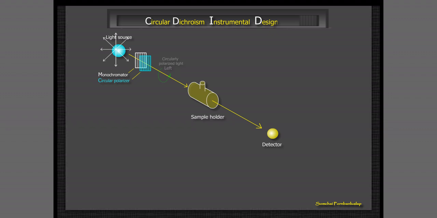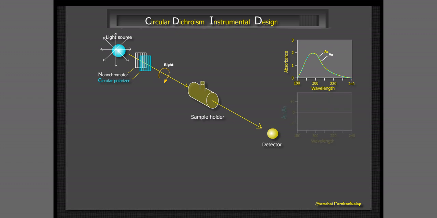Therefore, when left circularly polarized light of a defined wavelength passes through a sample and its energy matches the energy gap, electrons in the molecules absorb the energy and are promoted to an excited state. The different wavelengths absorbed by the molecule can be detected and recorded. Similarly, when right circularly polarized light of the appropriate energy passes through the sample, the wavelengths absorbed by the molecules can also be recorded. Unlike UV visible absorption spectroscopy, CD measures the difference in the absorption of left and right